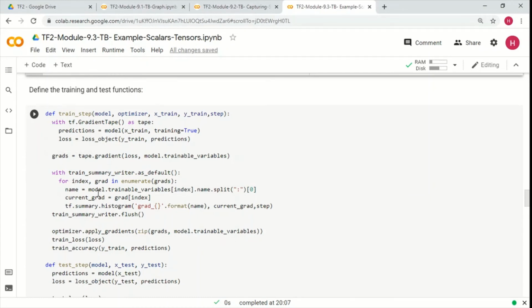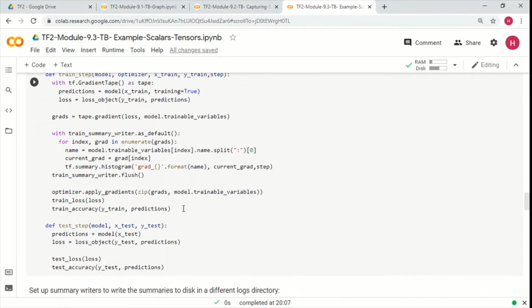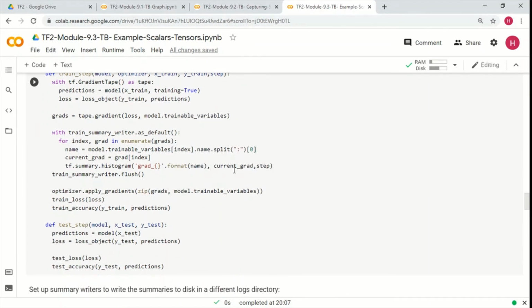So that's why we are getting the name from model.trainable_variables, and then using it for the logging purpose. Once we are done with this part, we flush the writer, and then the usual things like applying the gradient.